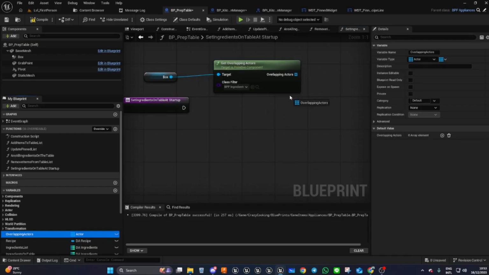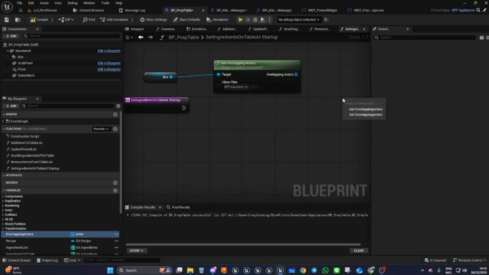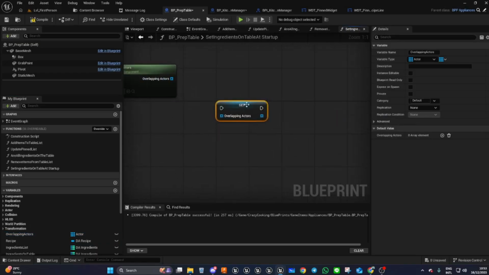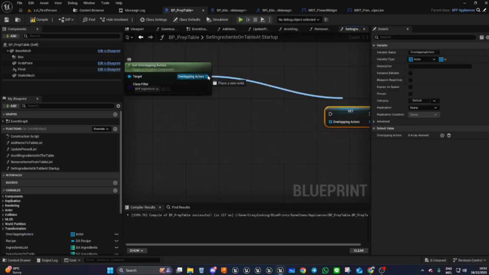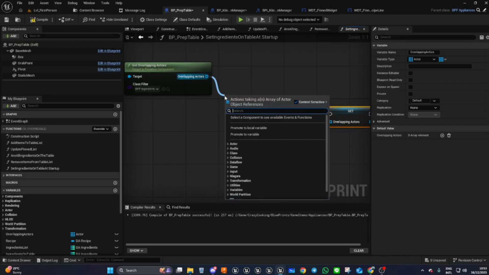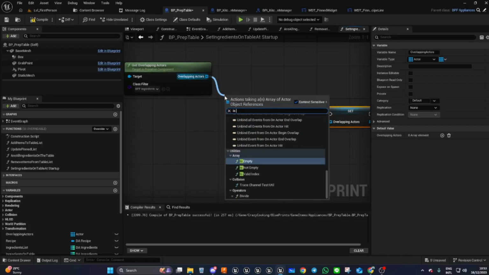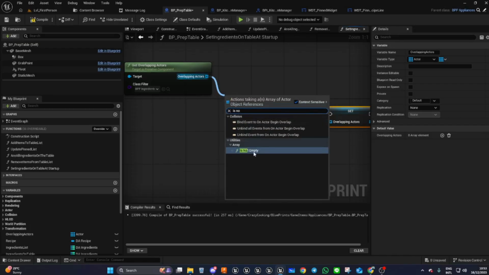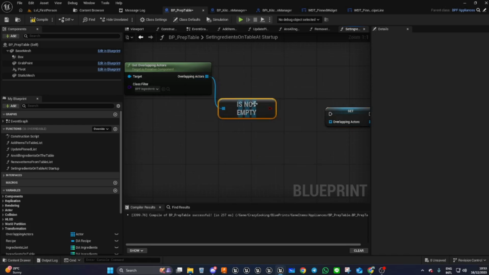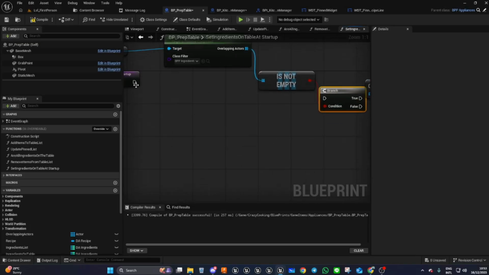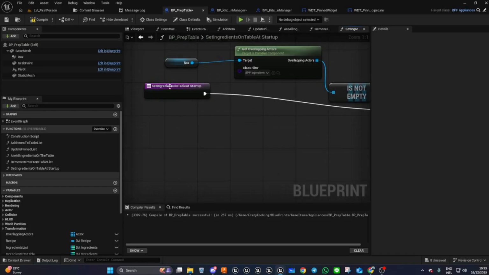We're going to drag in this. We're not going to do it yet. But first of all, we want to check, are there any there? We don't want to waste computing power. So we say is not empty. So if it's not empty, we're going to do something. If it's empty, we're going to ignore it. It sounds a little confusing, but